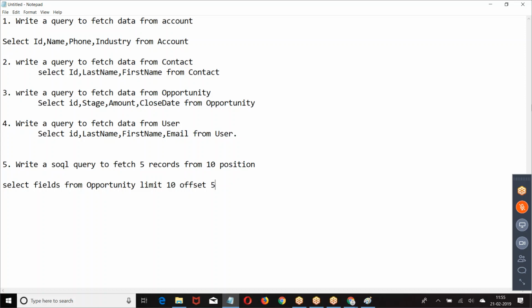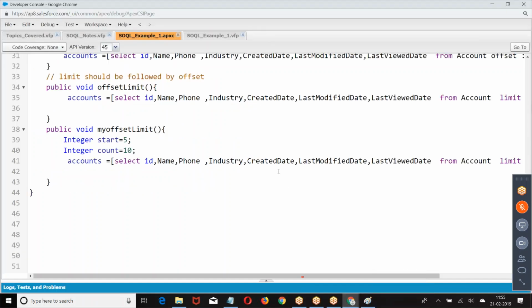My next requirement is I want to get the 5 most recently used records, 5 most recently viewed records. What are the recently viewed records? I want to get 10 recently created records. So what I want to do is sort the data and get it. How to sort the data which is fetched using a SQL query? Once I write a SQL query, whatever data we are getting, I want to sort it.